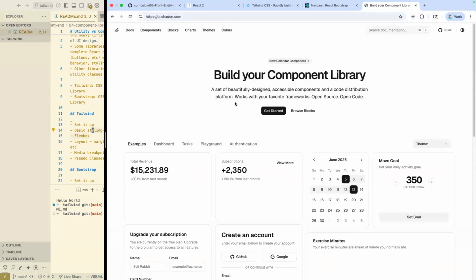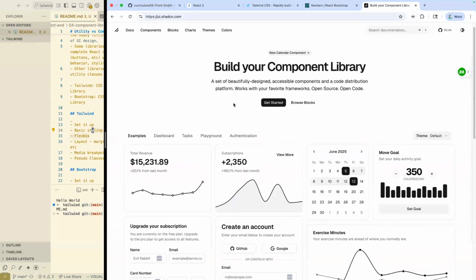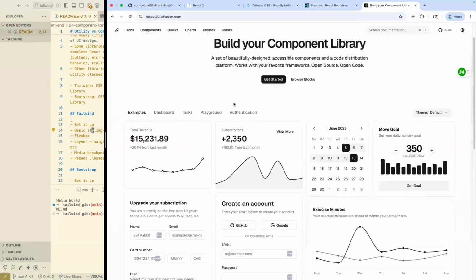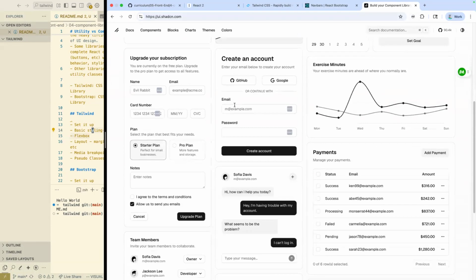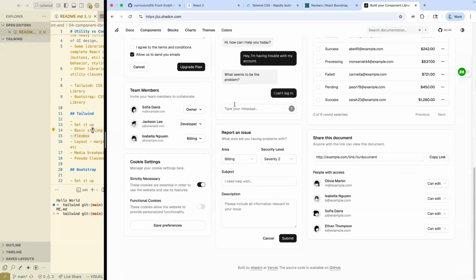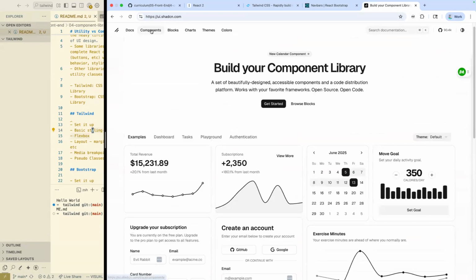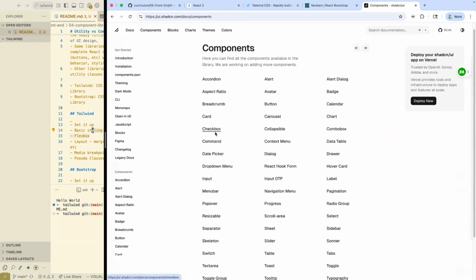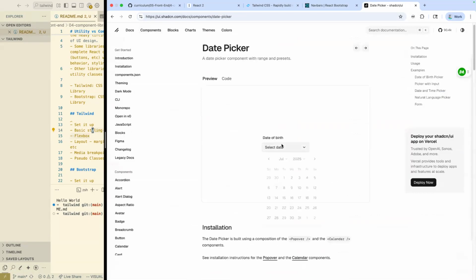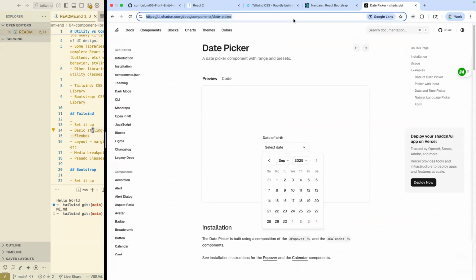A really popular one has become one called Shad CN, which also, again, has a library of React components. And you can see there's like graphs and all sorts of cool stuff that it has in its component system. Let's see here, a date picker, right, which is incredibly useful to have. Google has something called